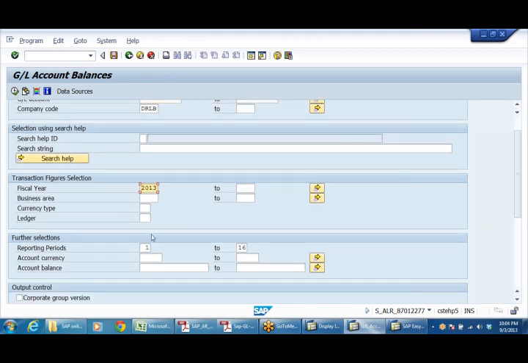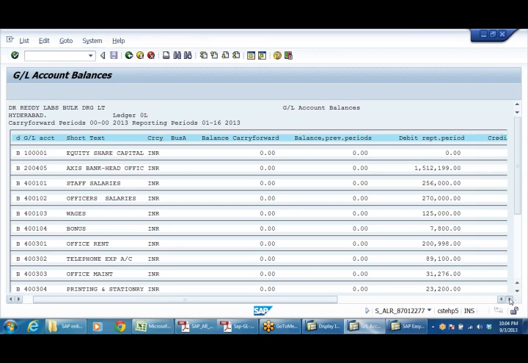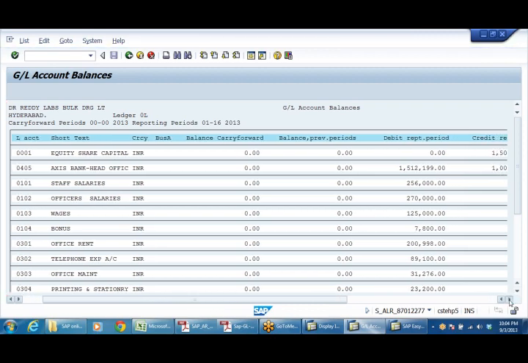2013. Right, posting periods from 1 to 16 it is showing. Okay, execute. See, this is just like a trial balance. It shows you the balances of all accounts: what are the debit balances, what are the credit balances.